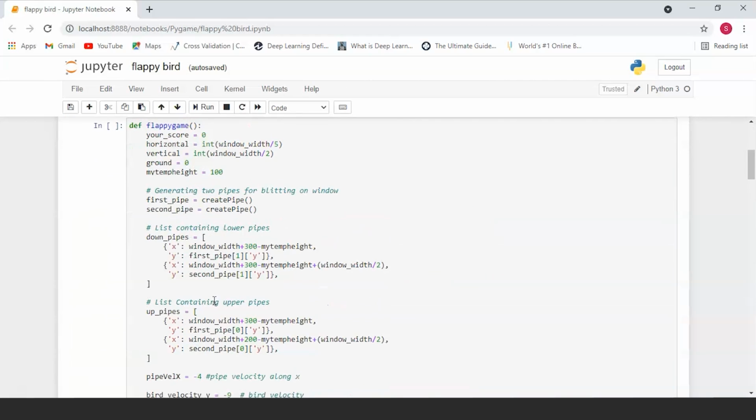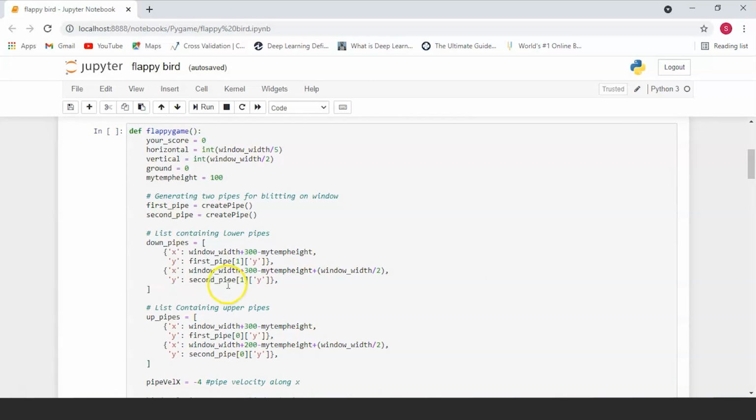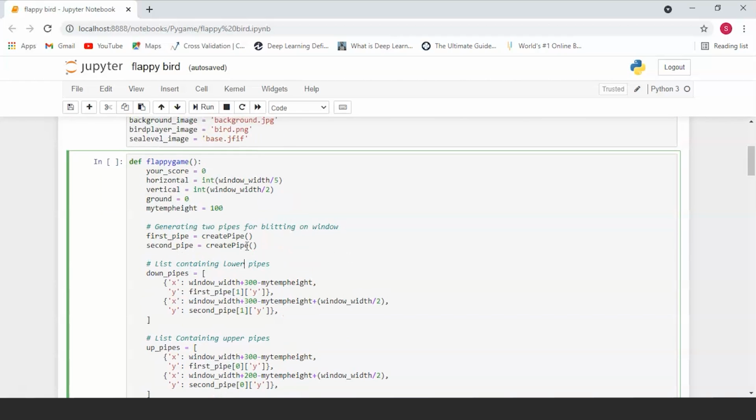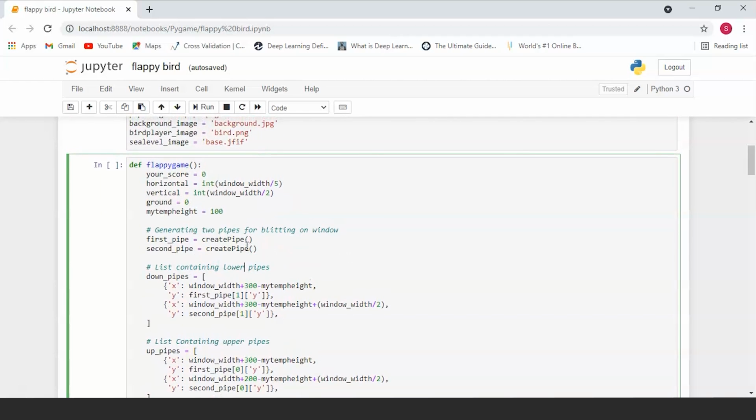Now, the first thing that we're going to be looking at is the Flappy Bird game itself. The main things that are happening in our Flappy game is, first of all, we're initializing variables and creating two pipes by calling the create pipe function. At any given point, we know that we want our bird to fly in between two pipes.